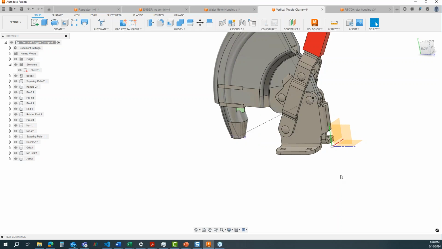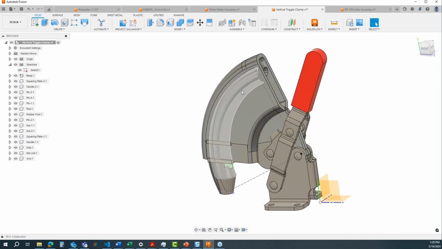So we could continue to do this to build this out, and then maybe combine all those bodies together in order to create the obstacle volume of our entire toggle clamp. So this becomes really interesting when you think about maybe a robot arm. When you're trying to figure out what's the occlusion zone around a robot arm, you can use the solid sweep to drag the end effector through space to figure out what that